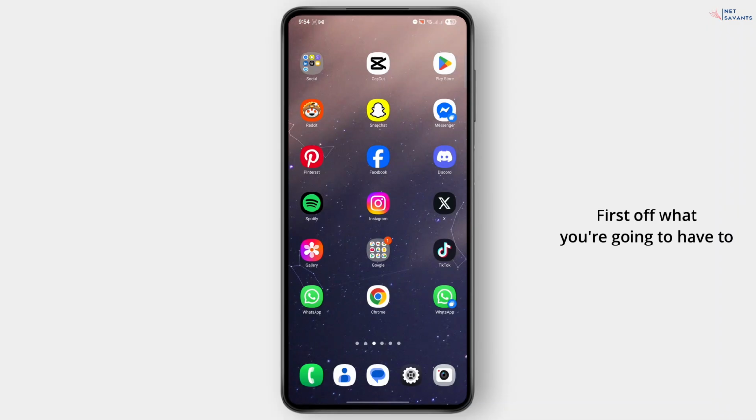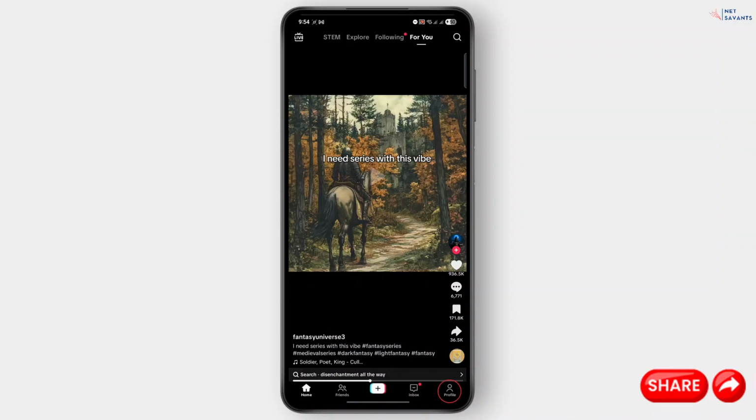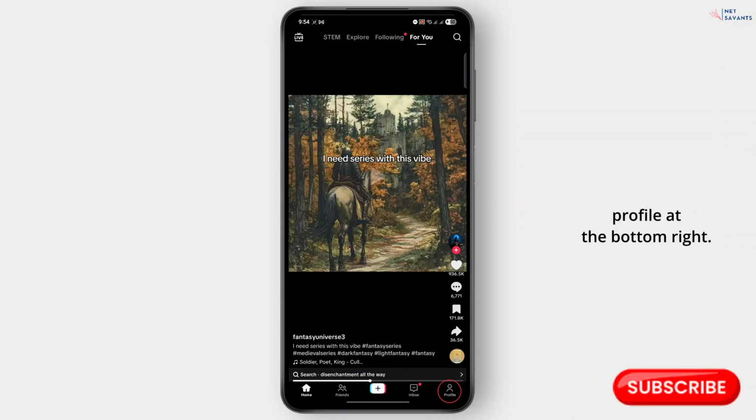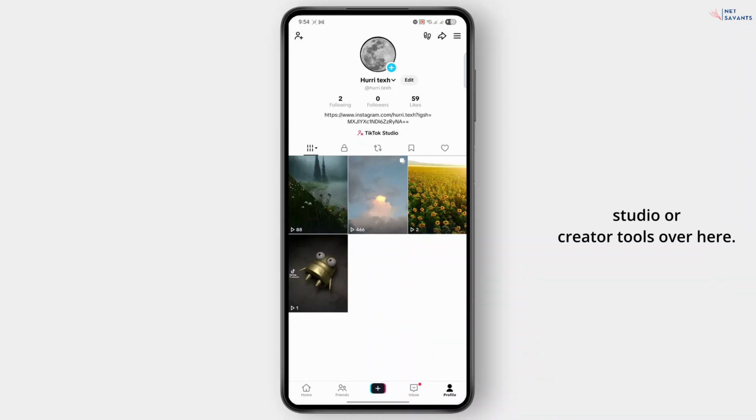First off, what you're going to have to do is open up your TikTok and make sure that you are logged into your account and go over to profile at the bottom right. On your profile, you should have TikTok Studio or Creator Tools over here. So if you head over to TikTok Studio,